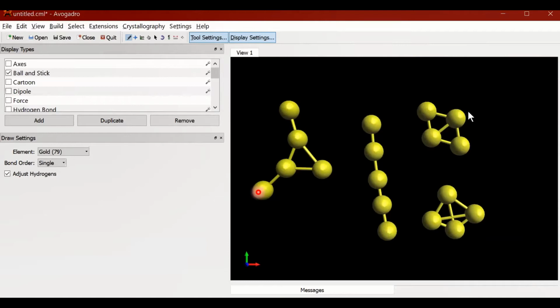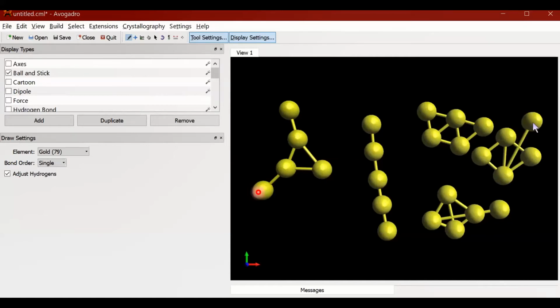We can add one more atom to this, and also add one more atom to the edge of this tetrahedron, or at the side of the tetrahedron, say an extended atom, one more at the edge. So these are all possibilities which we can draw manually. We can create these structures manually using any of these graphical visualizing programs.